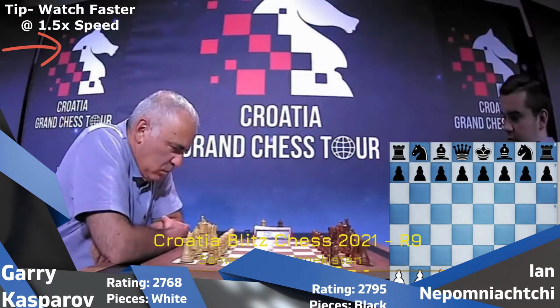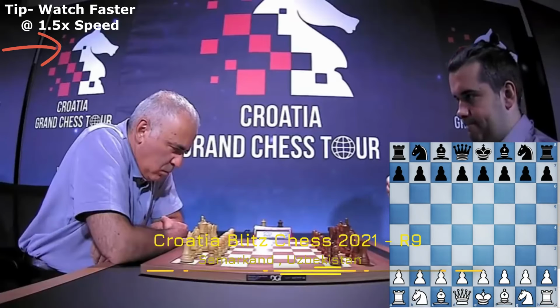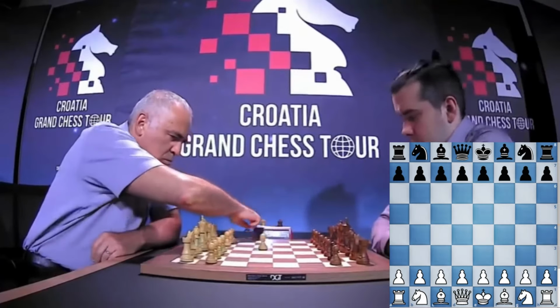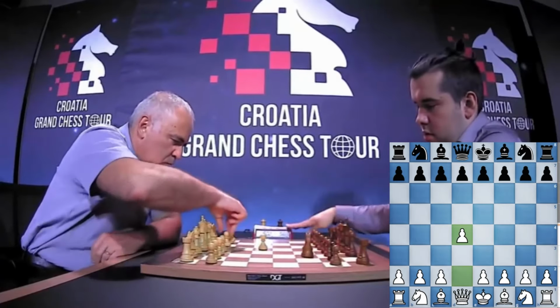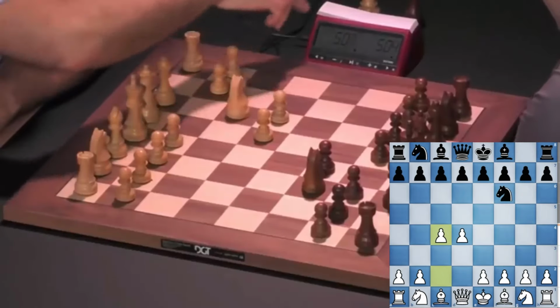This is one of the shortest games ever played by Garry Kasparov, and it happened against Ian Nepomniachtchi in the Croatian Blitz Grand Chess Tour. So Kasparov